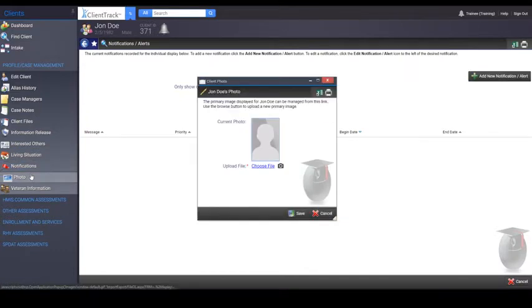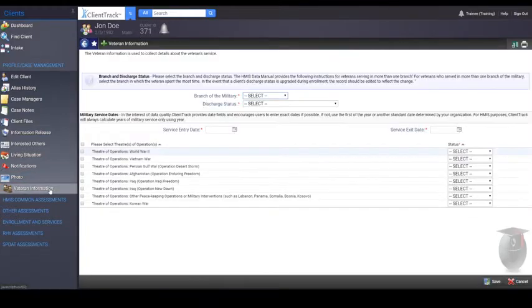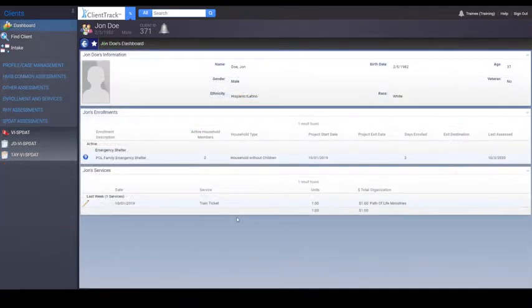Notifications. Photo, if you would like to add a photo. Veteran information is collected through the workflow, but if you would like to update this information, you can feel free to do so here. All right, now that we have already completed 2 of the 3 data collection stages, let's